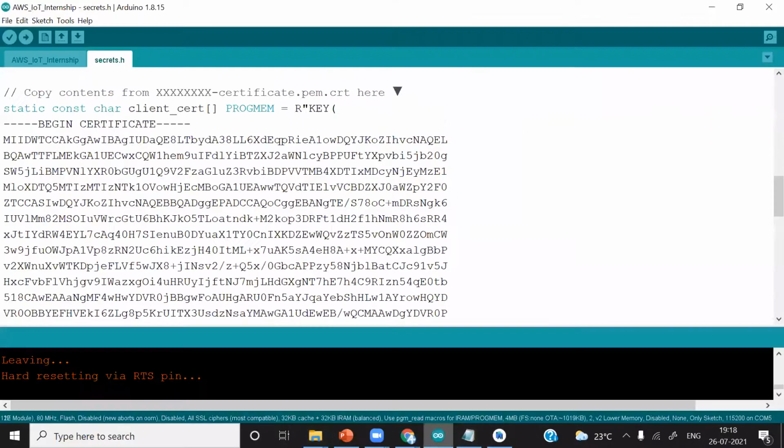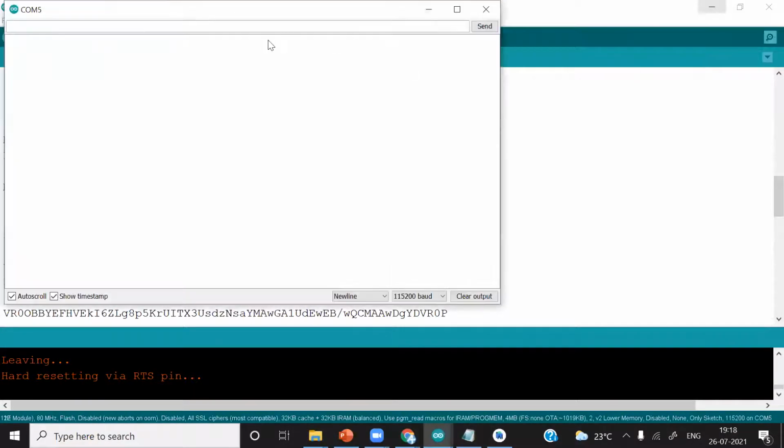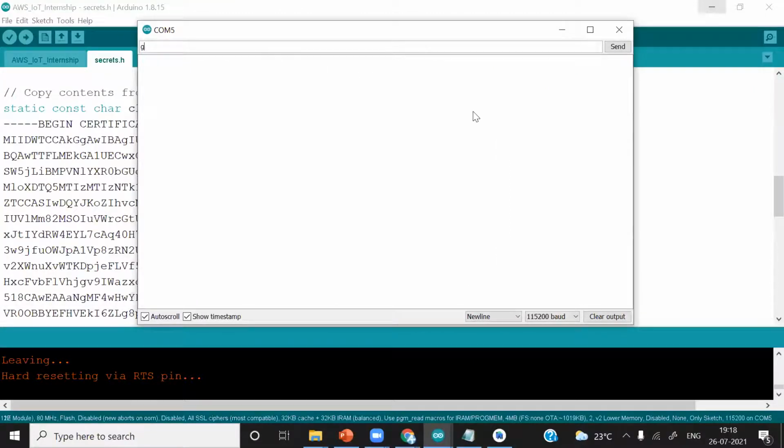So try to understand this thing. Whenever we are typing anything over here, that means we are receiving data from the microcontroller. It is very analogous to that. Whatever data we write here and then hit enter, this data will get stored into the buffer register of the ESP8266. So it is exactly the same thing as receiving data from the microcontroller into the ESP8266. Instead of a microcontroller, we are sending this data using this serial terminal into the RX pin or the buffer register of the ESP8266. So this is the same thing.